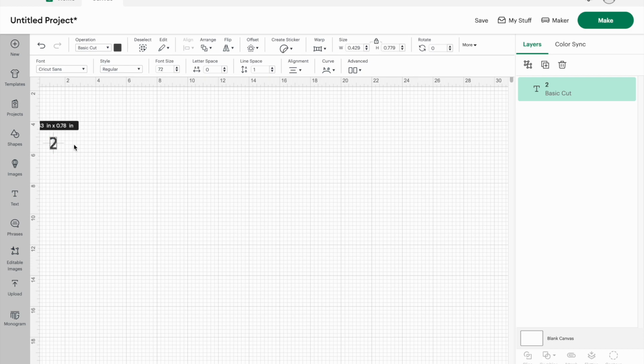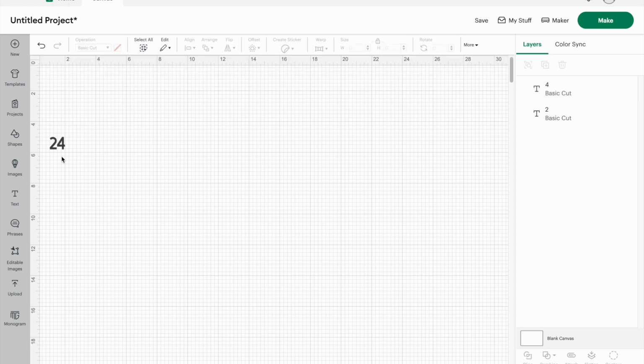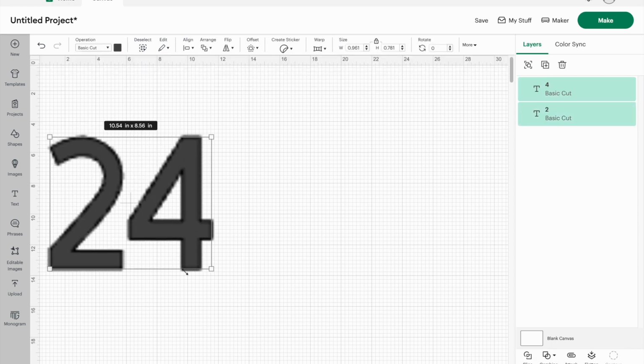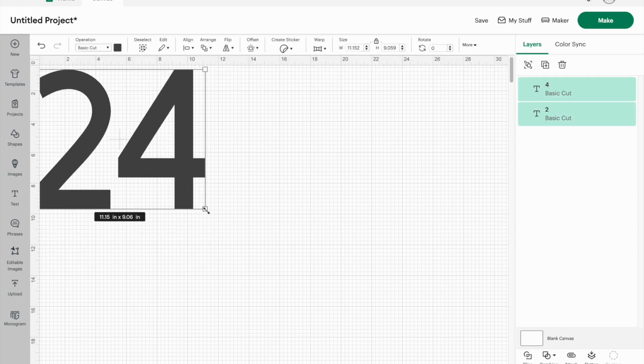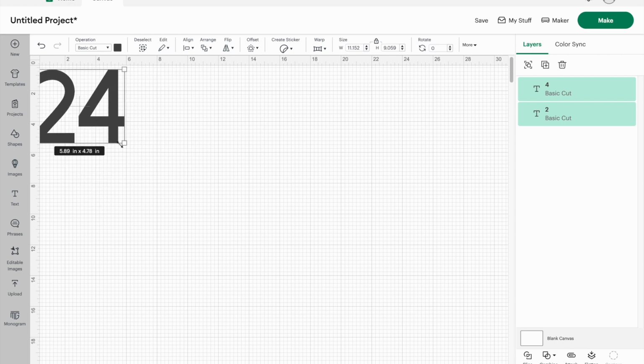So the first thing you're going to do is click on text and type in the number you want. In this example, it's going to be 24. Each letter, each text, is going to be different. It's not going to be one single text. So write it in,